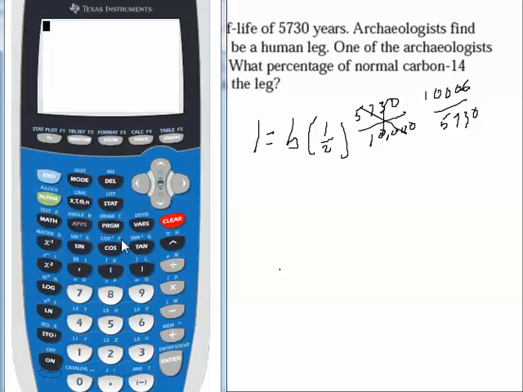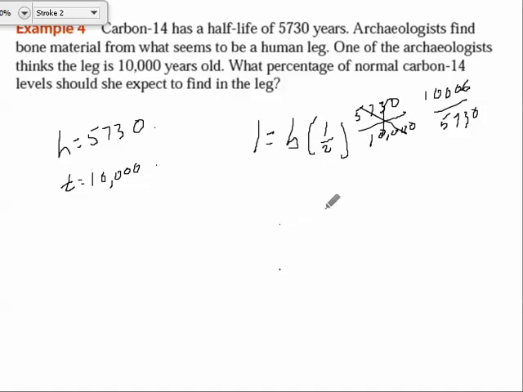We're looking at 1/2, well, that's 0.5 raised to the power of parenthesis 10,000 divided by 5730. And what do we get? 0.2982. So look at what we've got here, 0.2982. That's really telling you